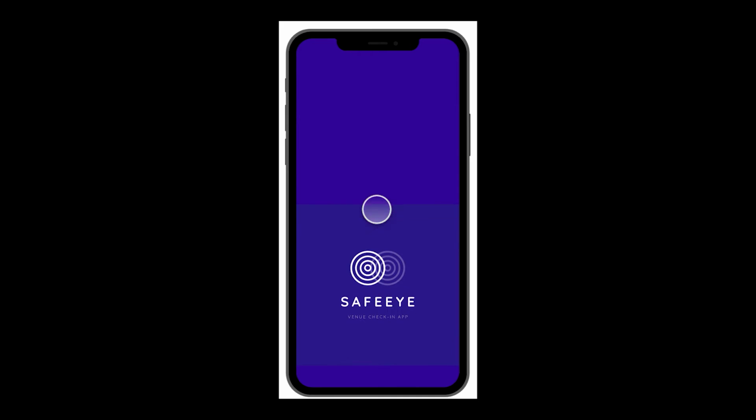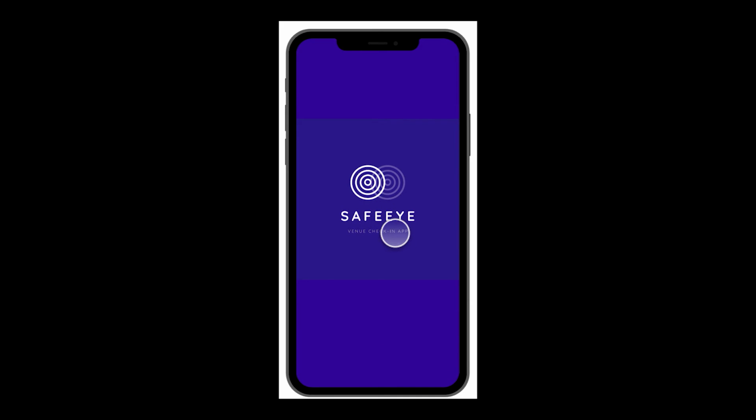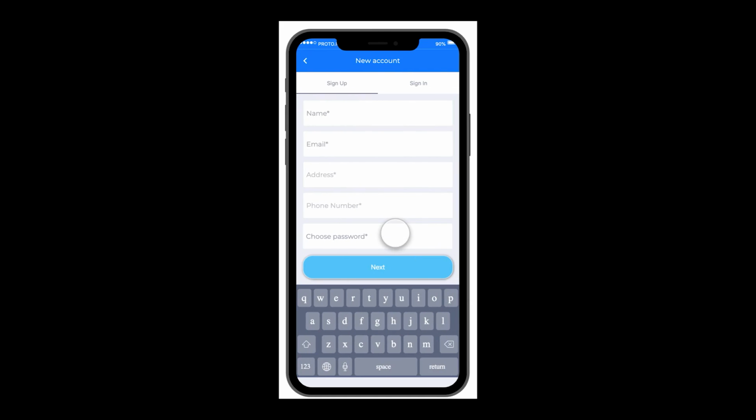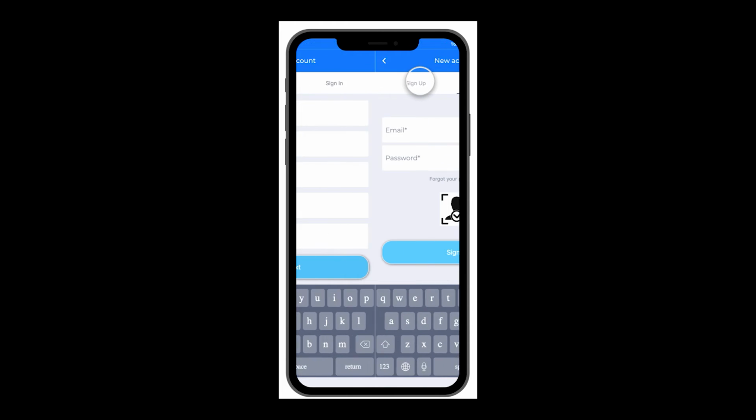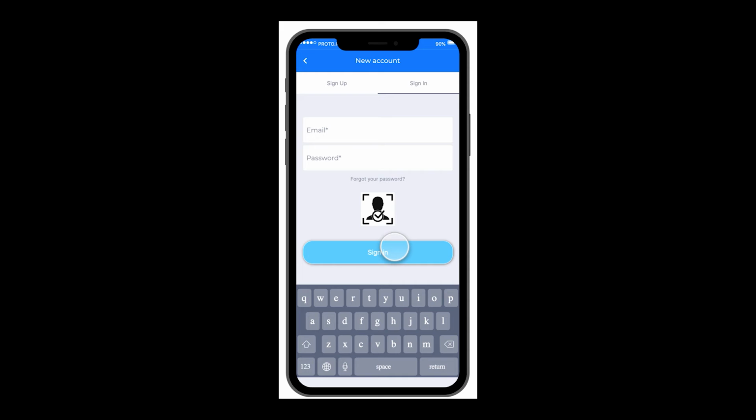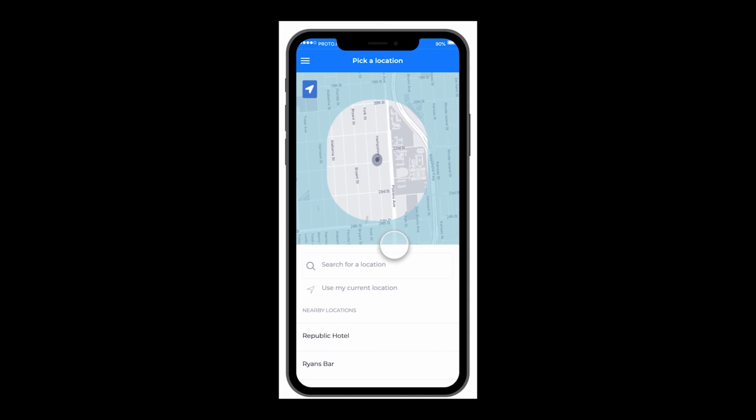As you can see, the first prototype design has a very simple and aesthetically pleasing layout. This design allows you to sign in using login details, facial recognition, or you can sign up. Each option remembers your details and autofills them when using the app. This app design has a map feature where you can either search for your current location, search another location, or choose one of the selected nearby venues.